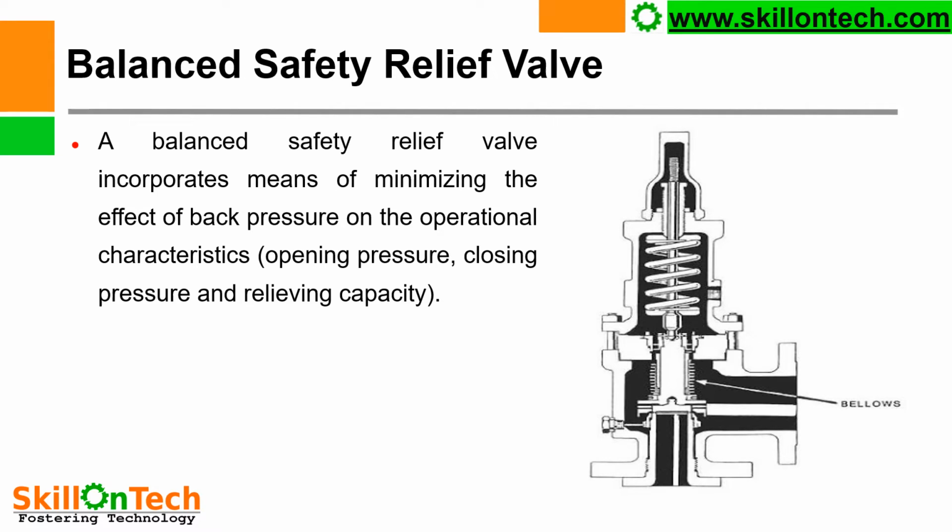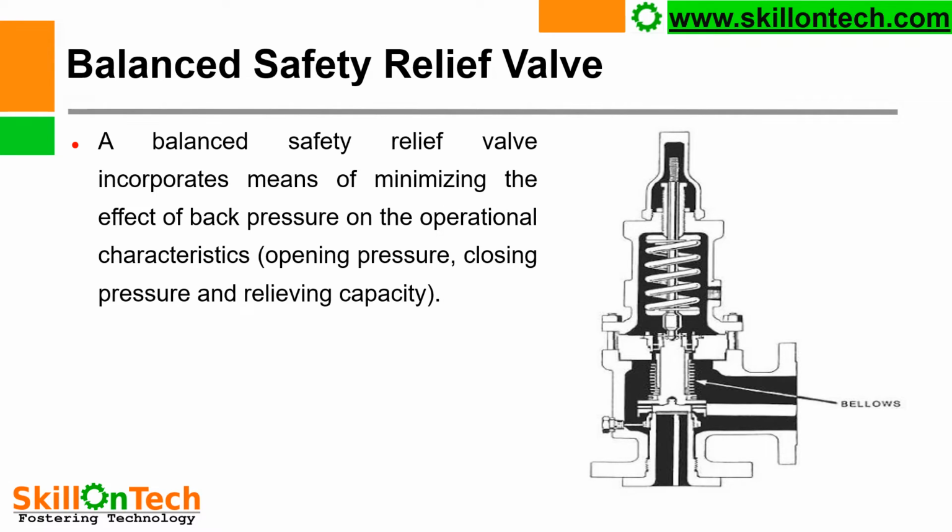Opening pressure is the set pressure of the safety valve where the safety valve will pop up, and closing pressure is the pressure when overpressure is released and pressure comes down, then the disk of the safety valve comes back to close. That is called closing pressure. And relieving capacity is how much flow is discharged through a safety valve during